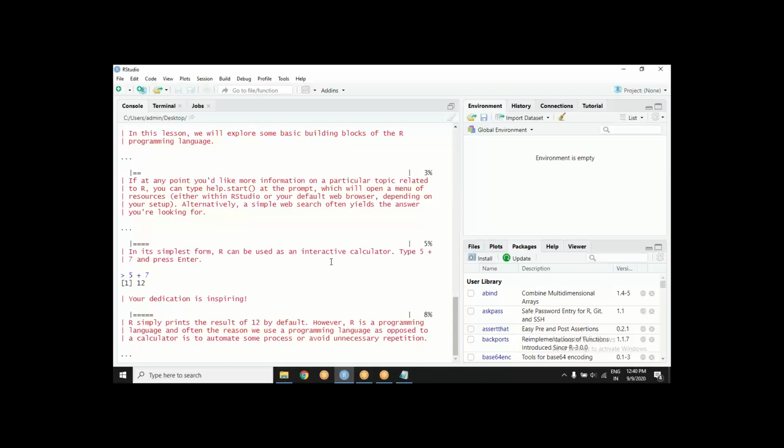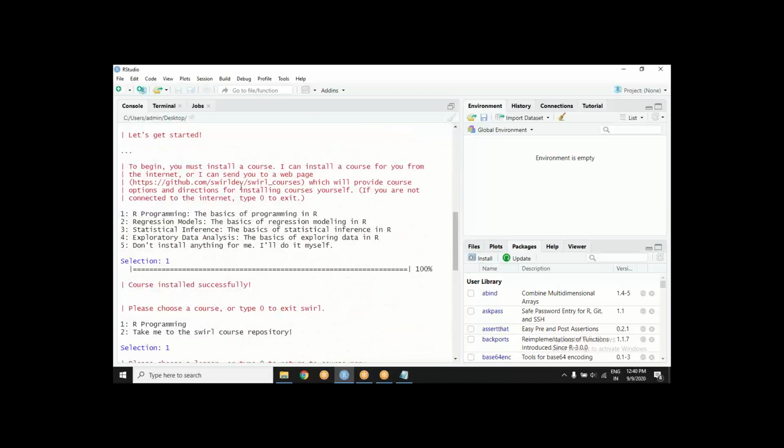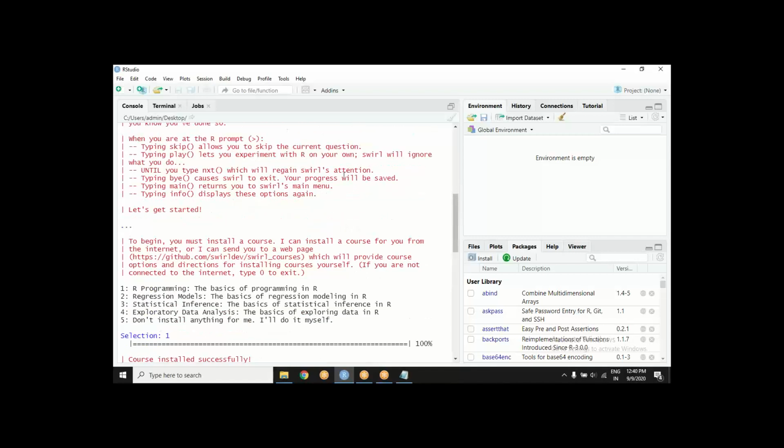Here, so there are all the things there. It will tell everything, Jagdish. When you come along, you will see that it will give you what you have to do. You want to exit, you want to temporarily exit. There is buy. You want to go to previous option. You want to go to next question. If you don't want to solve this particular question, you can skip that too. So there are hints everywhere. So go through them.